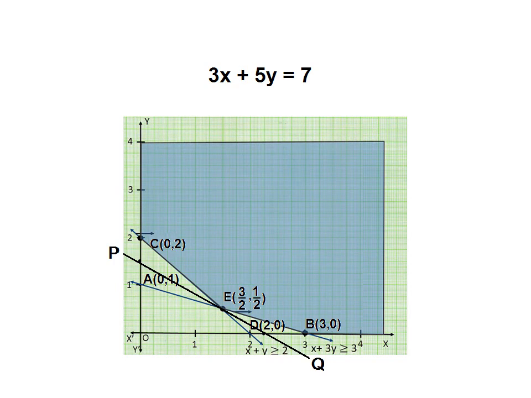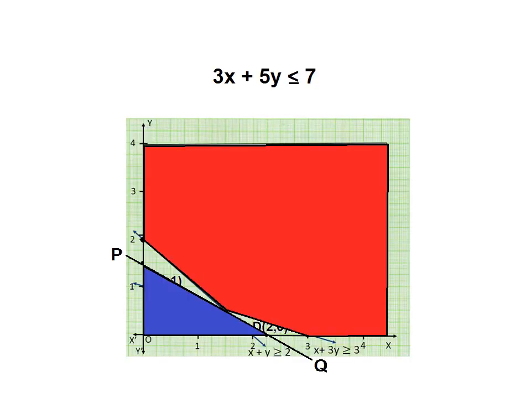So now let us consider, what if the equation is replaced with less than or equal to 7? Remember, it was 3x plus 5y equal to 7 that we took. Now we are considering the actual points. All the points which satisfy this inequality come under that blue region that you see in the graph. See, the red region that you see is the actual feasible region that we got, which has all the optimal solutions.